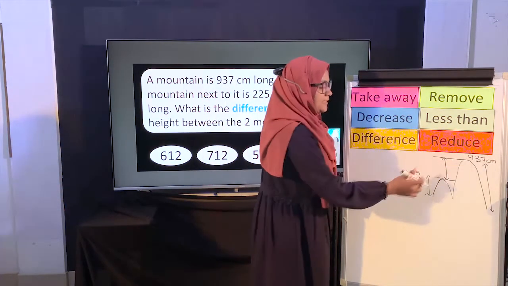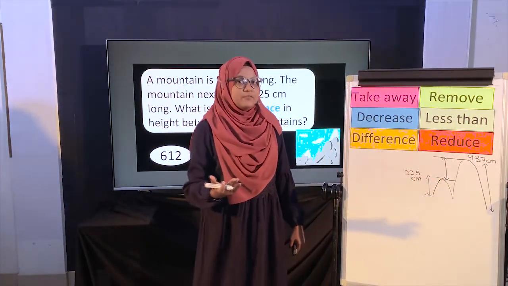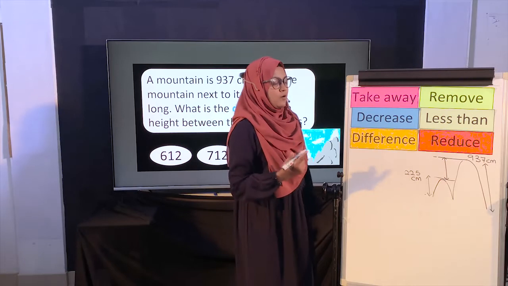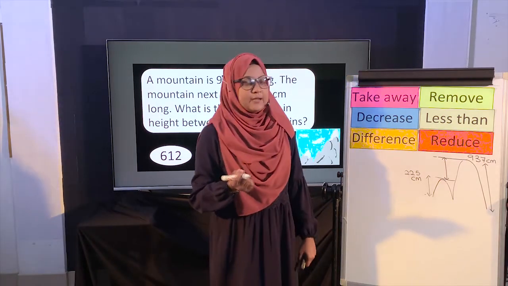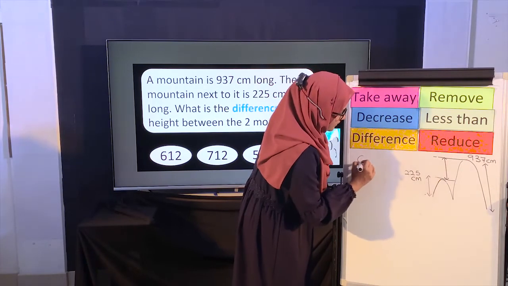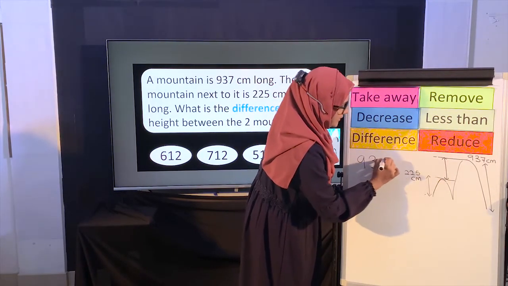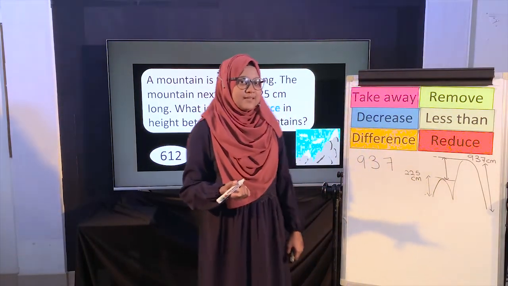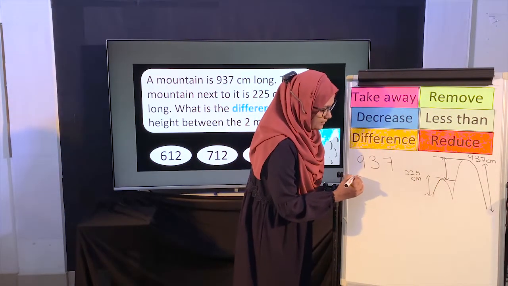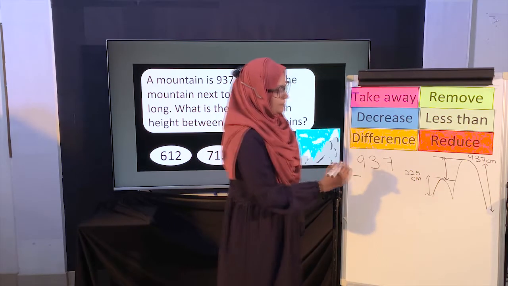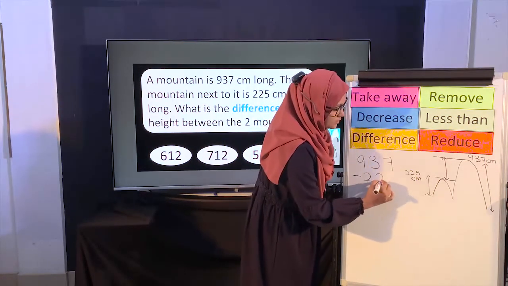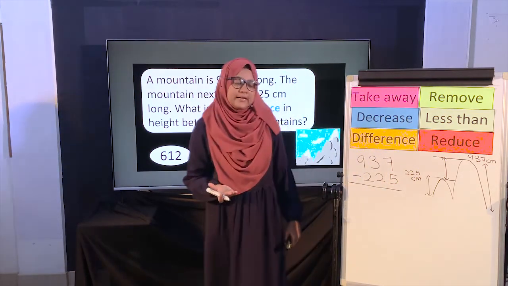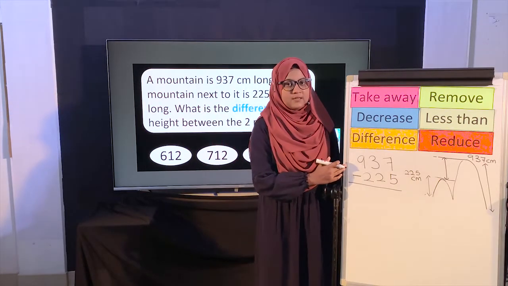So when we subtract these two numbers, we get to know the difference, which means the height here. So let's solve it. Always remember to write the bigger number first. So here we have 937. Then what do we have to write? Yes, we have to write the sign before the next number. Then we write 225. So we will use a method we learned in previous lesson to solve this question, so it will be